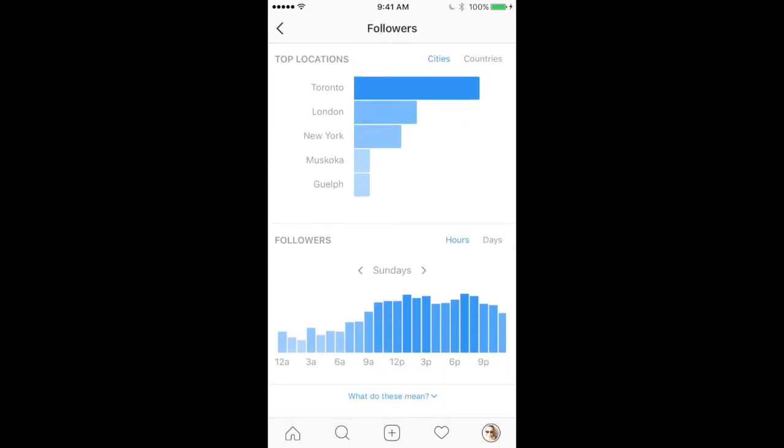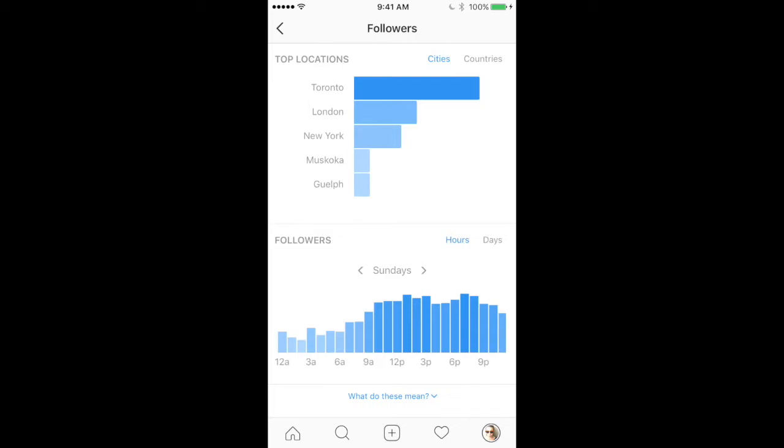And then this is great too. Just like in Facebook, where you can go through your posts and find out when your users are most likely going to be online, you can do this for Instagram as well. That's what this chart at the bottom is. You can sort hours, and that gives you day by day which time is the best time to post for your followers. So for me, on Sundays, the best time to post if I want to hit the most number of people is going to be around 1 o'clock,